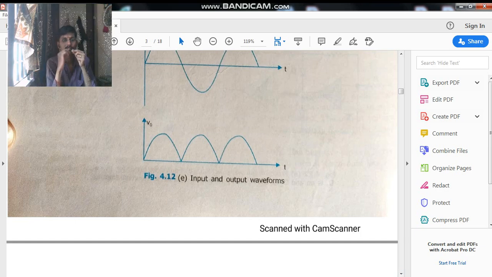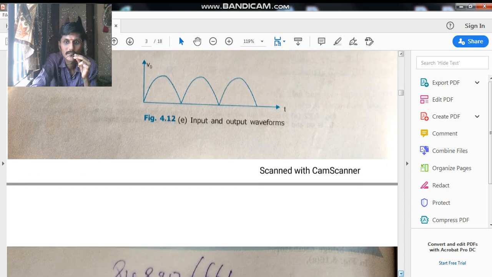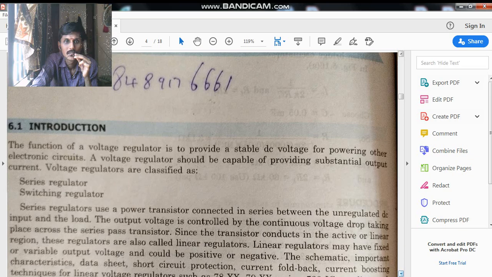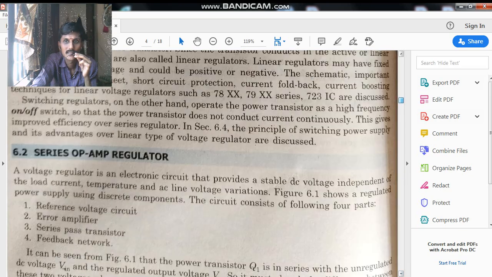So based upon this full wave rectifier, in one half cycle one diode will be on and the other diode will be off. So we get both the positive half cycle and the negative half cycle. In this, the T on time is higher and the T off time is lower. So this is the full wave rectifier. This is what we discussed in the June class. Okay, the next topic is the 555 timer.